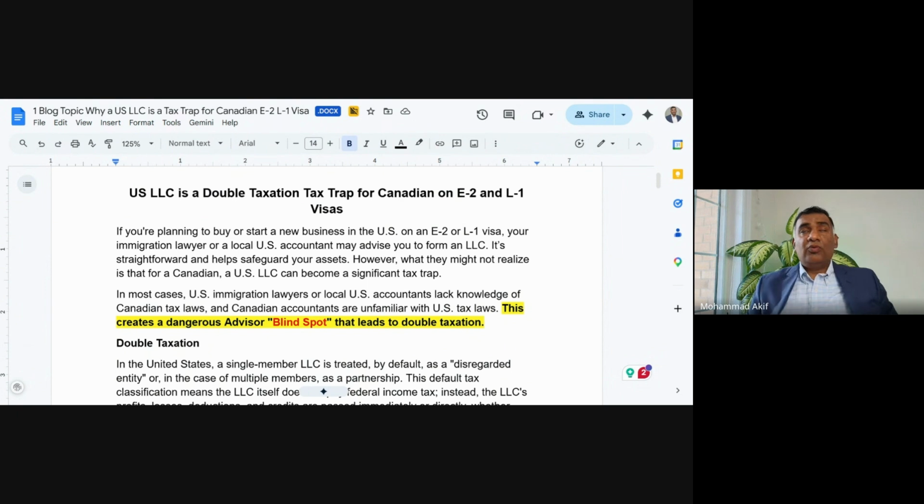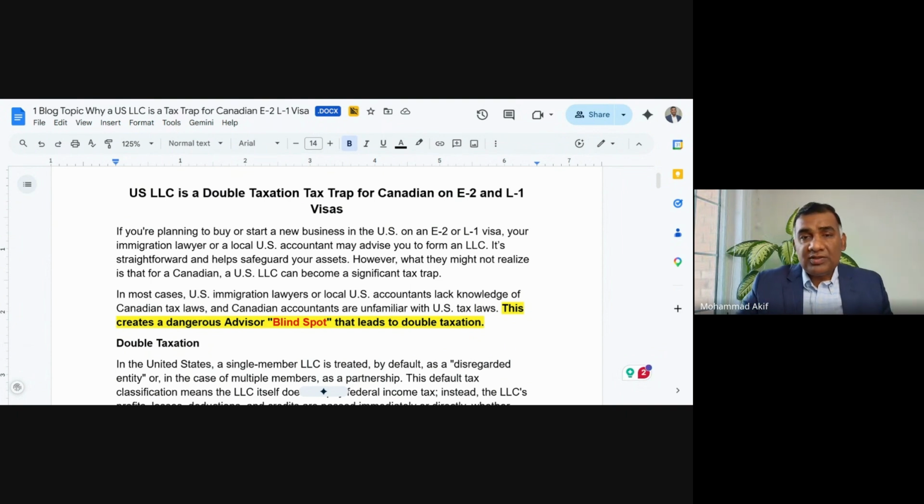All right, so for a Canadian, I'll put it out there very simply. There's a whole bunch of stuff that goes on. I want to talk about, for a Canadian, why this is a problem, and then how this problem occurs. So this problem occurs for multiple reasons, and then this is technically an advisor problem. I call it a blind spot, advisor blind spot. And what that technically is that U.S. attorneys, when you're going to them, they're giving you a simple. Their job is to get you